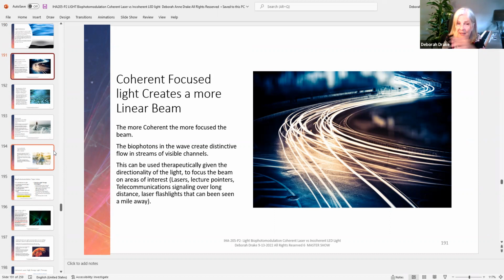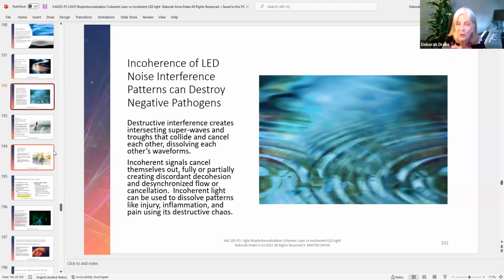We can use, as focused lasers do in telecommunications, the incoherent light to slowly, destructively interfere with these superimposed colliding waves that will dissolve each other and dissolve the heavy metals, the toxins, the poisons, the fluoride toxicity, incoherently canceling them out, partially creating a discohesion and a desynchronization in your body temporarily, as you cancel out these poisons that might have to come out through your sweat, your breath, your urine, your feces. And that's why we tell you, don't go so fast that you're causing too much discharge all at once.